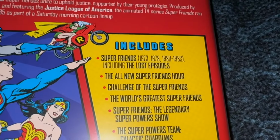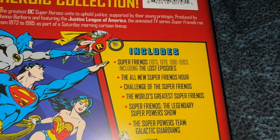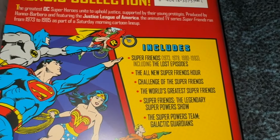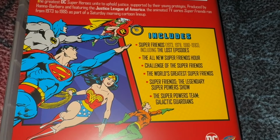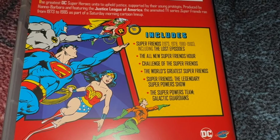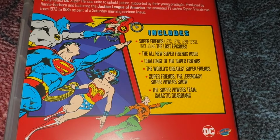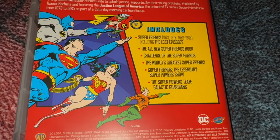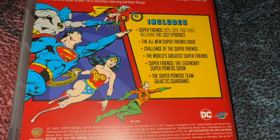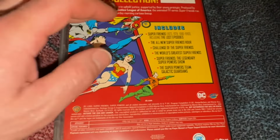So you get the original Super Friends from 1973, and then it came back in 1978, and then it ran again from 1980 to 1983, and it also includes the lost episodes. And then after that, it was the all-new Super Friends Hour, and I think that's when they brought in the Wonder Twins. And what was the little monkey's name? Gleek, I think. And then there was Challenge of the Super Friends, and then the World's Greatest Super Friends, and Super Friends, the legendary Superpowers show, and the Superpowers Team Galactic Guardians. All of this comes together in one set,